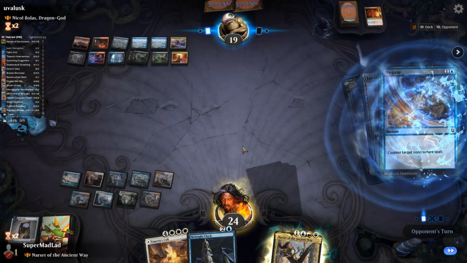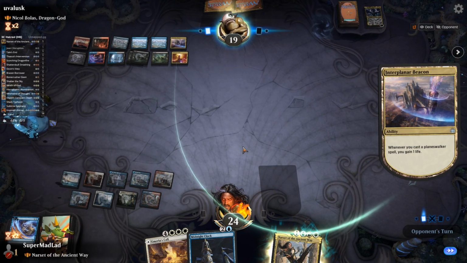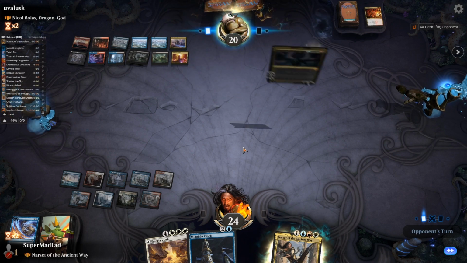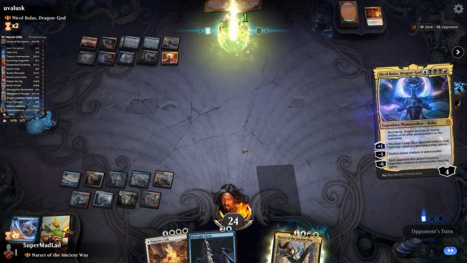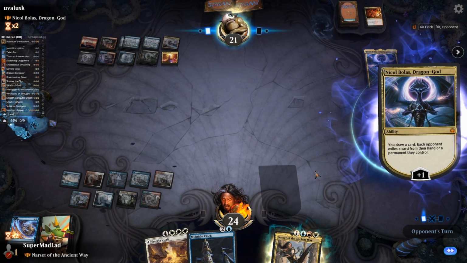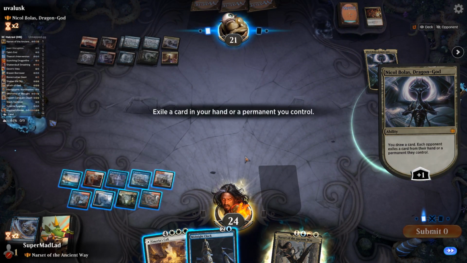So we'll fight over this. They haven't actually countered any of my counters so far, so I don't really expect it to happen this time either. But yeah, they can double spell. And then I can actually Narset minus. Let's go with...